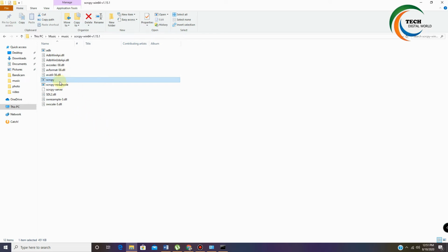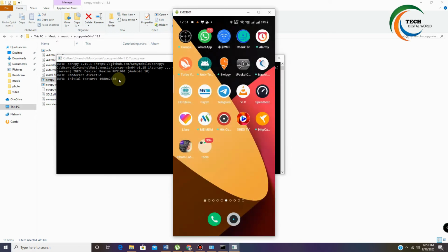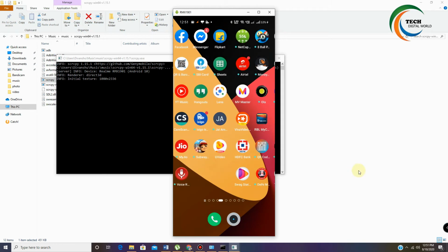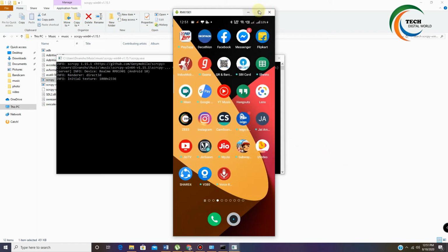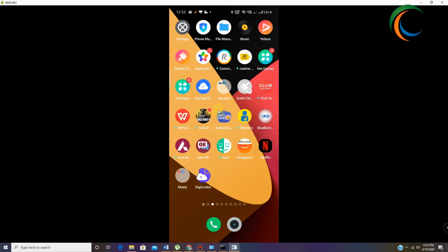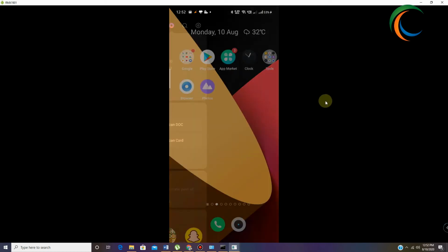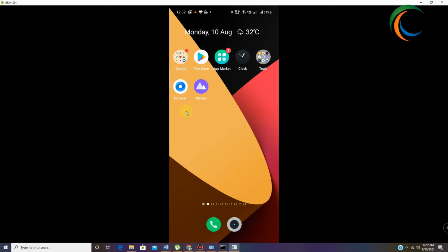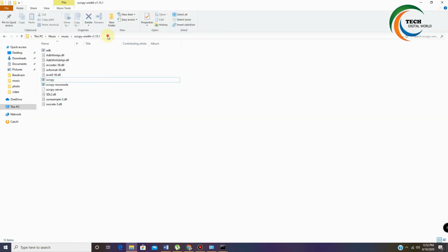And here we have to open this software, and you can see my window. I'm able to operate my Android device on my PC. Let me zoom out this window. Now you can see I'm able to access my Android device with this tool. This is the best method you can use on your PC as well. Copy this. You have to copy this, the folder path.